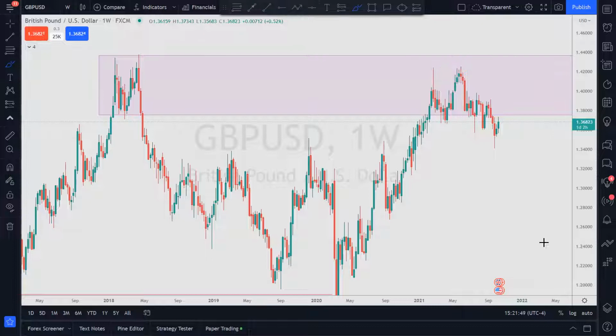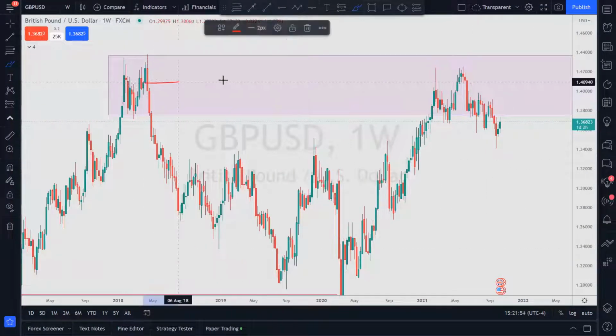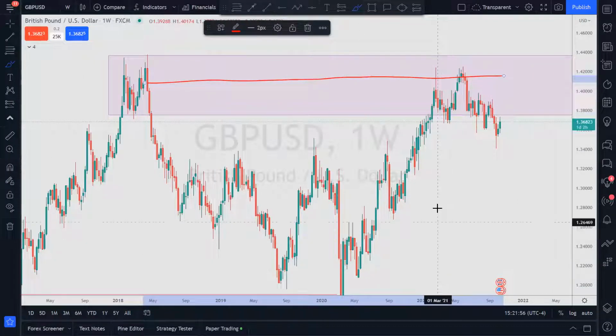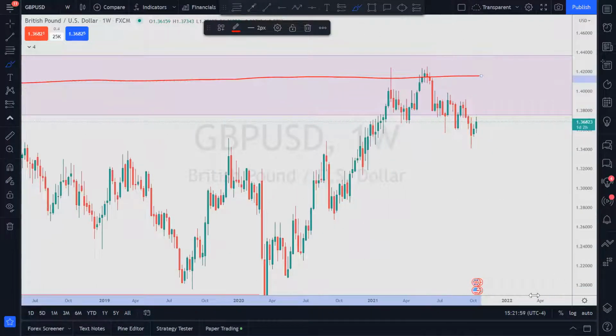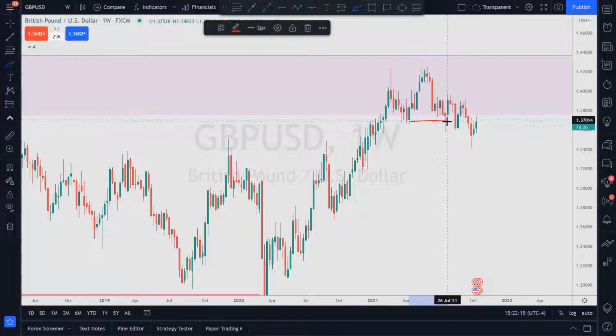Got it? We're looking for signs of reversal, all right? We understand that this is an order block, a weekly order block that price is respecting right now. And we're looking for the break of structure. That's how we know this is bearish, because of the break of structure. All right. What do we have? We have these short-term highs. We got a break of structure right here. This is a 2-candle pullback here and then down, right?